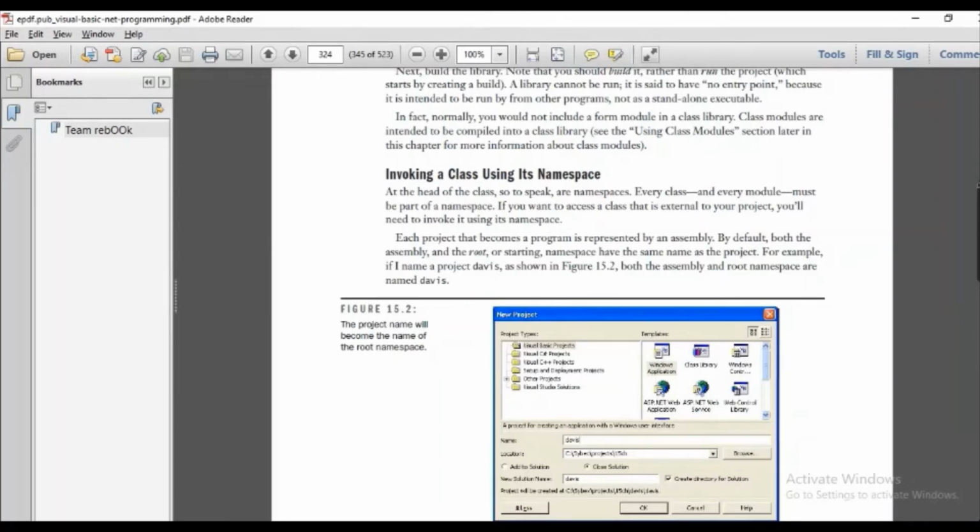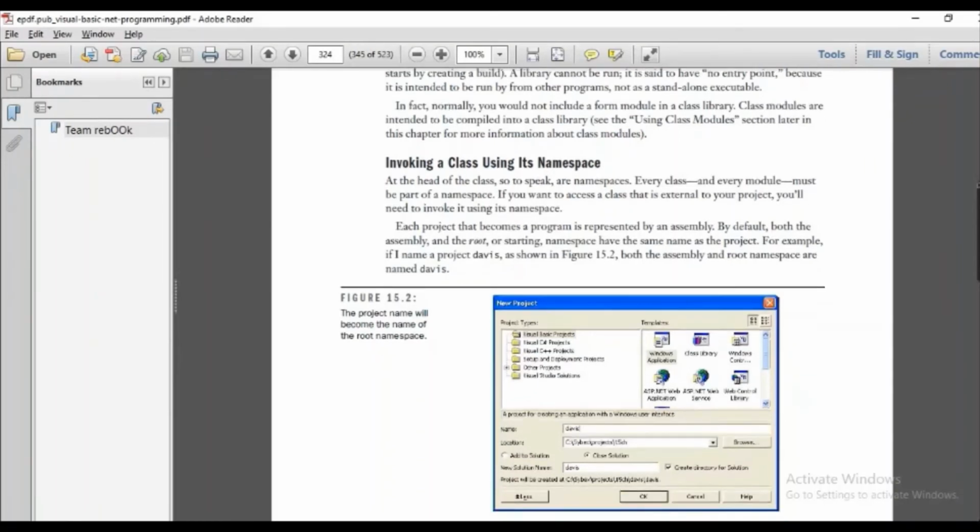If you want your class to be accessed external to your project, that is the advantage of a namespace. Not only can your current project where you created the class use it, but the files of other projects, anywhere in your system or out of your system, can invoke your class using the namespace.